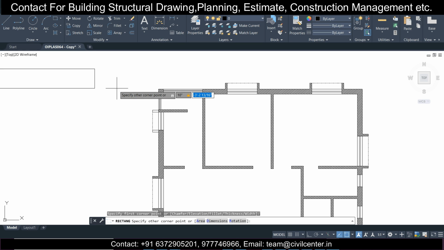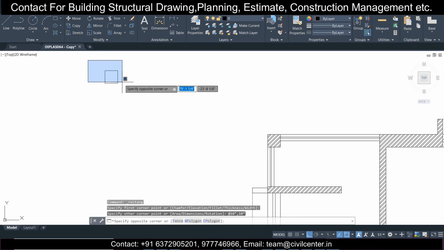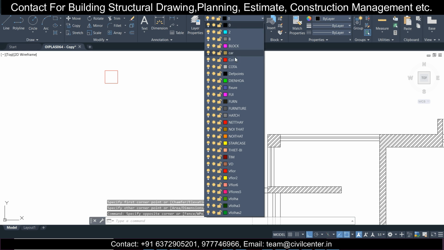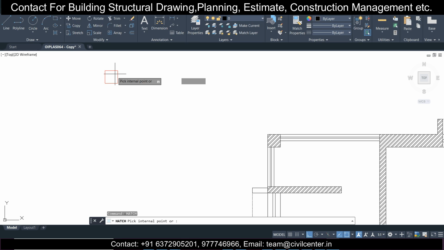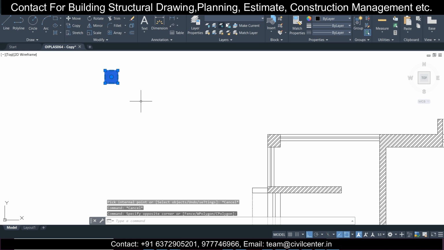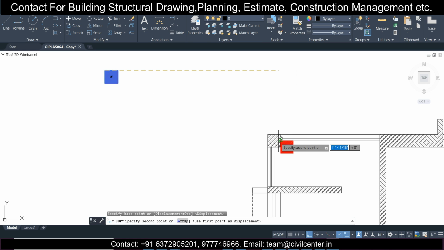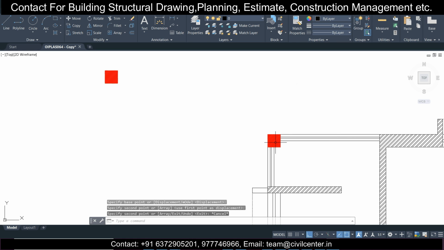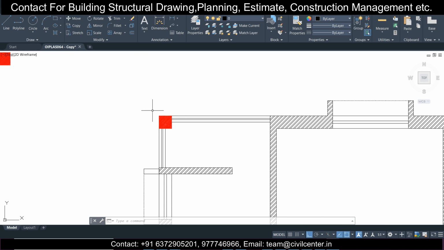then we'll do otherwise. After that, we want to do it in the layer of our columns, or later also you can do. Just type HA enter, and select this region and solid by layer. Okay, this is okay, and just select this and do this in the layer of column. So this is the layer which you want, and we'll just place the first column in our plan like this. Right now we haven't decided the size of the column. The size can be decided after the design. So we'll decide the sizes after the design only.